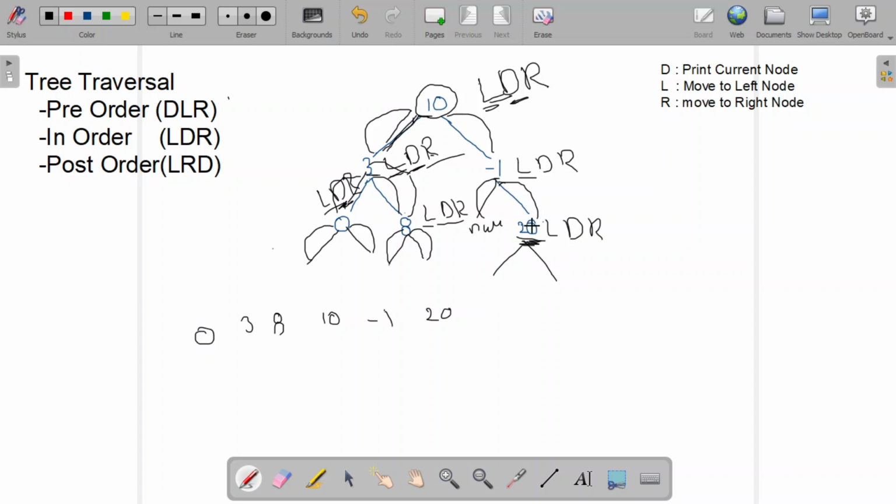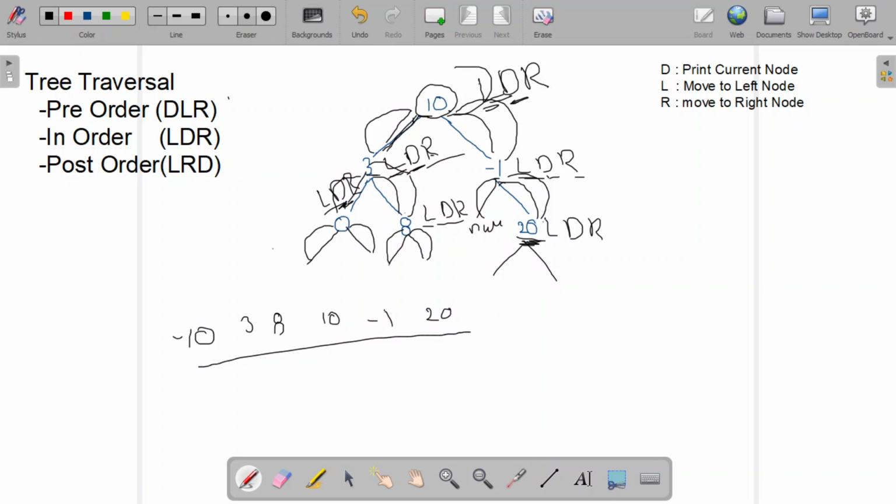So moving back to -1, here we have completed L, D and R, moving back to the root node, returning it. So now we got the value, sorry, here I have written 10.